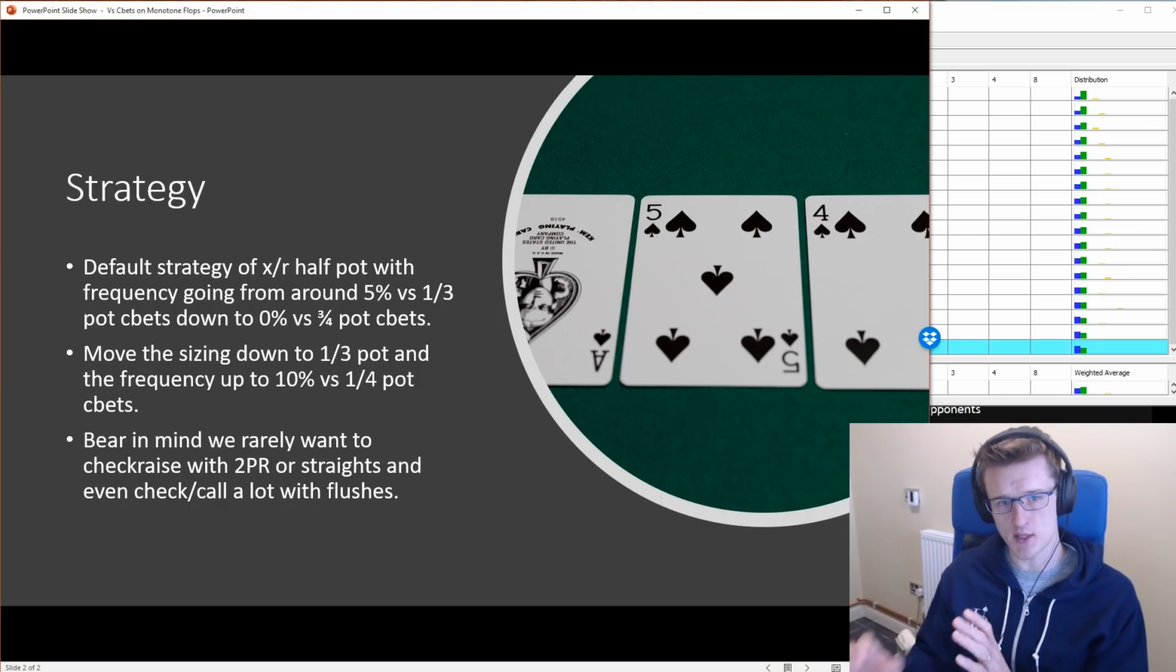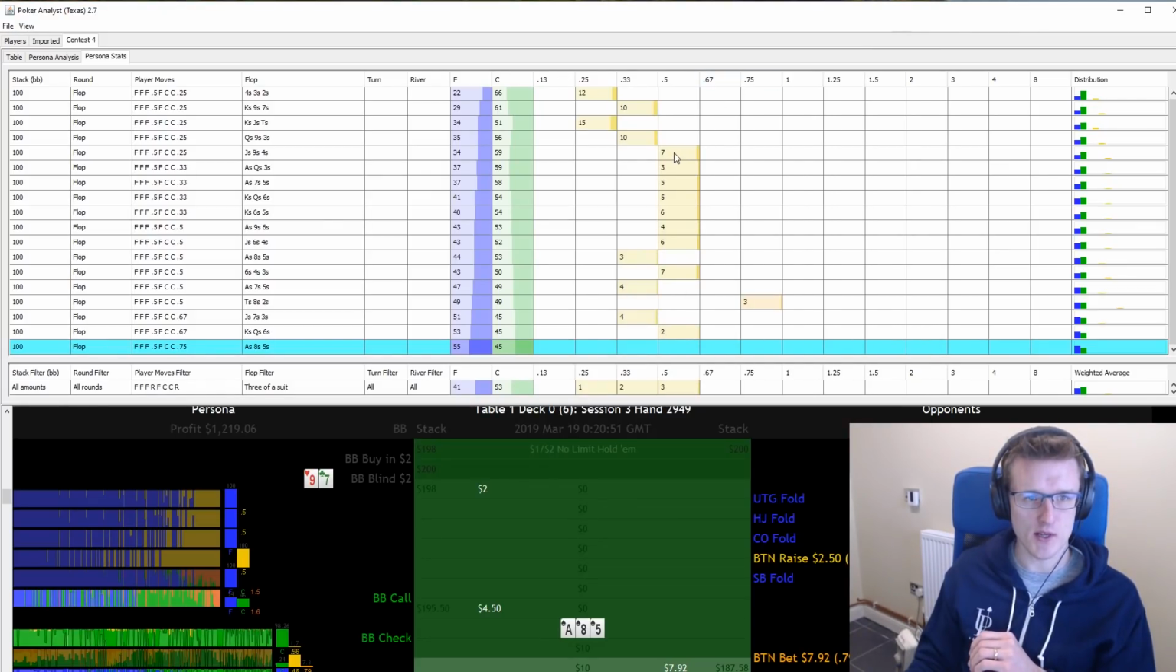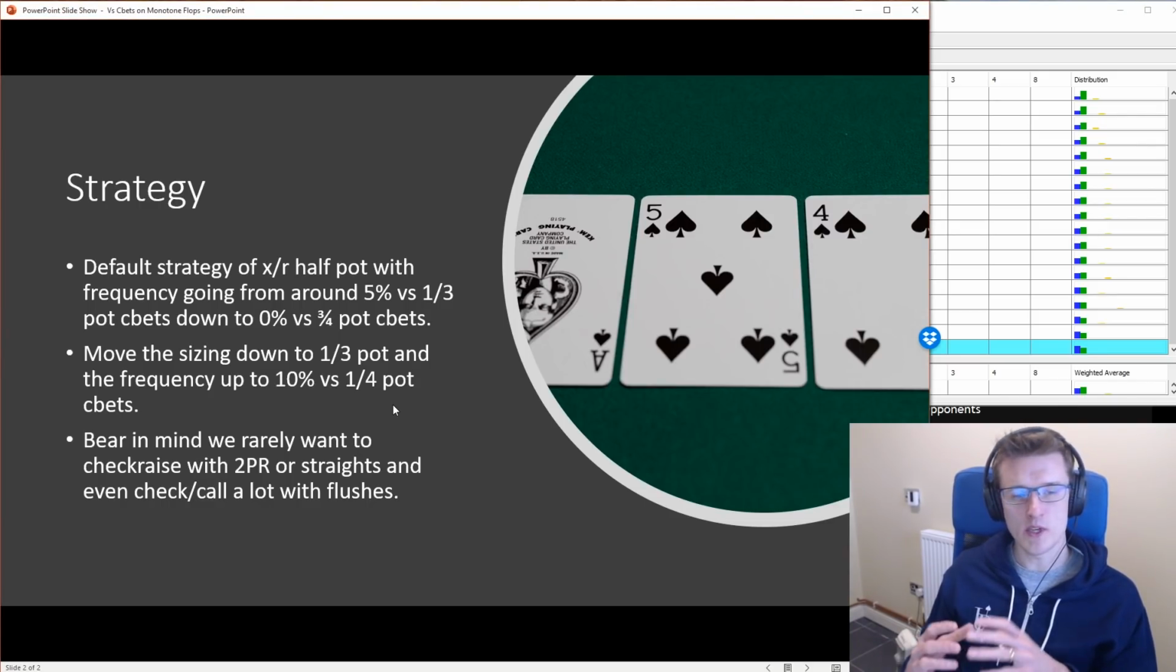And yeah, half pot sizing, let me go back into it. Half pot sizing, almost always using half pot sizing versus these slightly bigger c-bet sizings. A couple of times using a bit smaller, one time using a bit bigger, but half pot's going to be a good default again. When we do face a really small c-bet on a monotone flop,